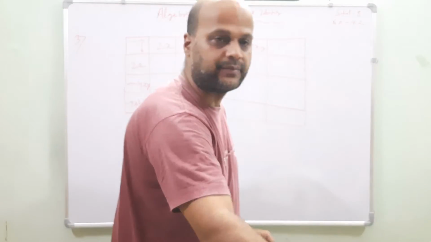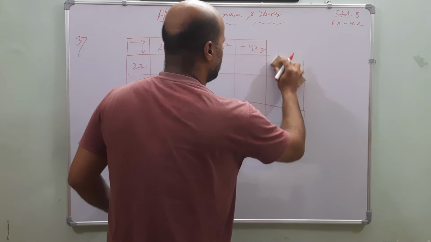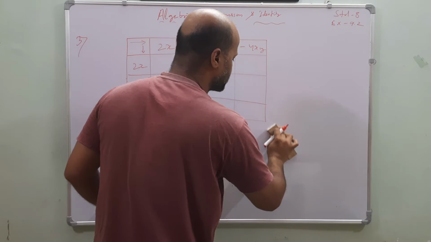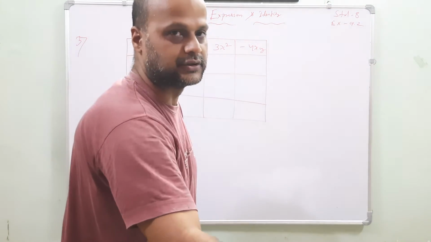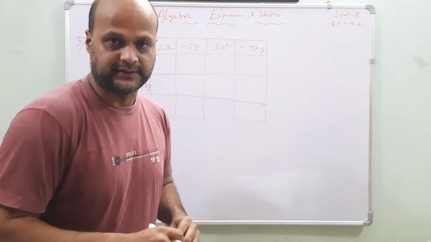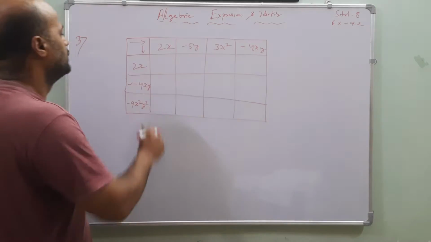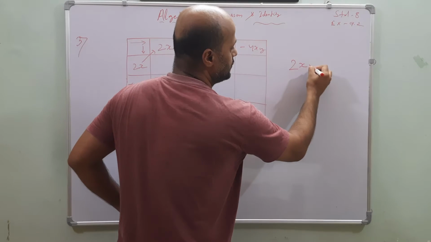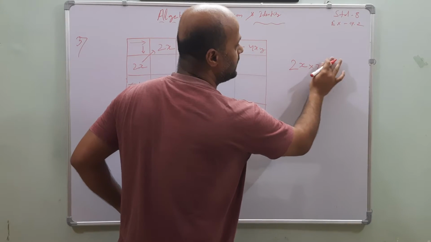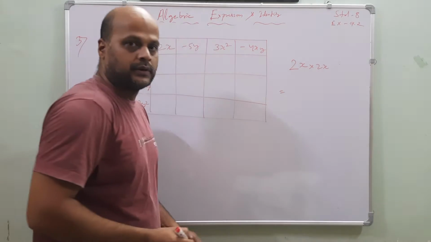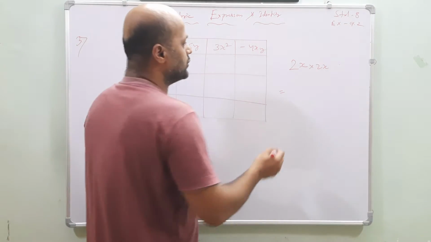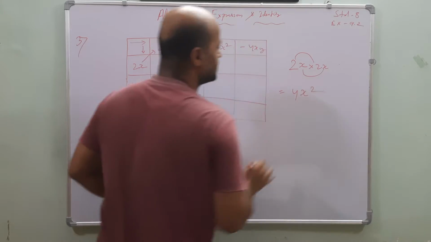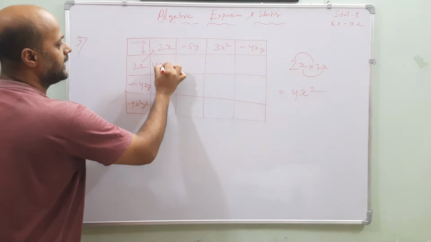If it is given in this manner, how will you do it? Always remember, whenever the box is given and you have to find the product of these two monomials, you just go to the rough and directly write the answer inside the box. 2x into 2x. If I multiply these two, what is that? Yes, Vaishnavi, very good. Same process, 4x square. So right here, 4x square.